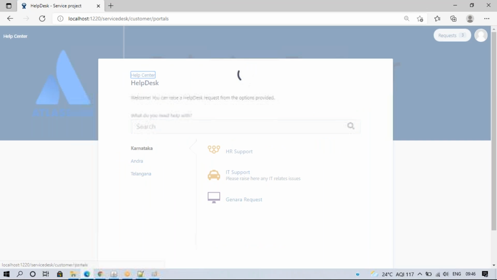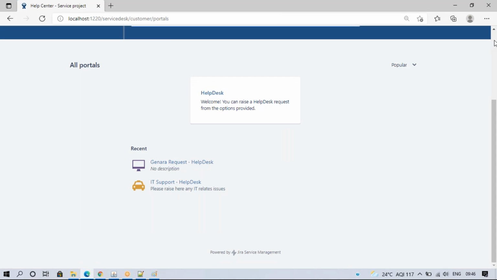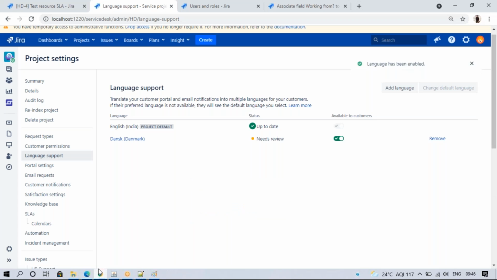It says translate your customer portal and email notification into multiple languages for your customers. If their preferred language is not available, they will see the default language.